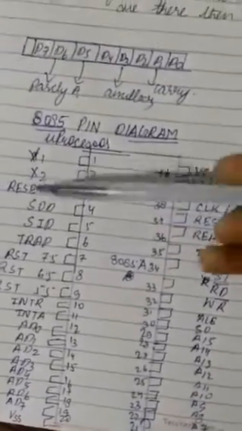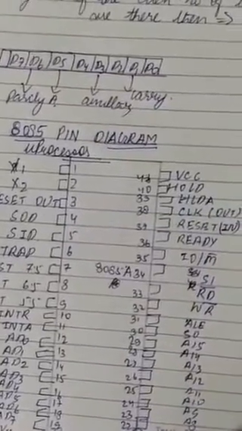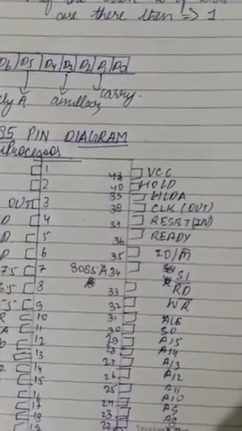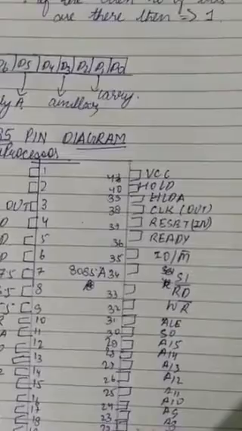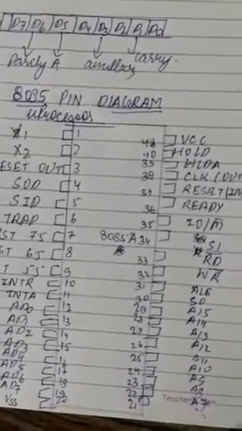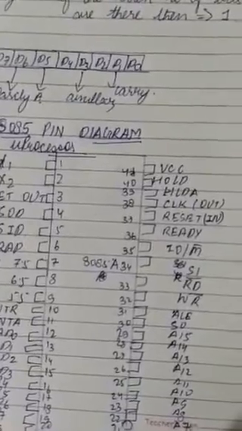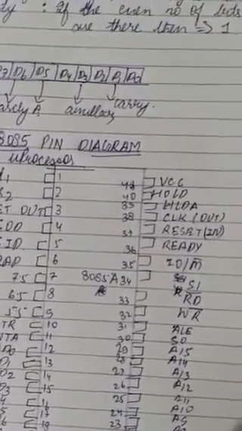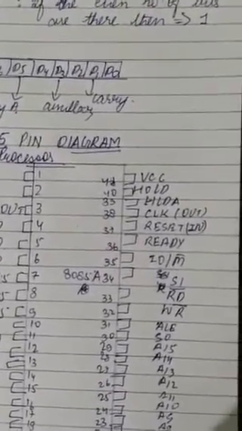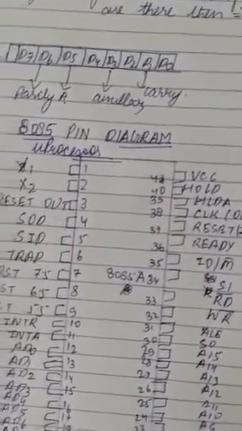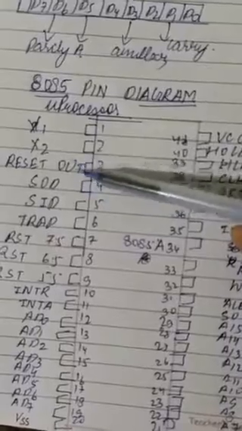So what is the function of RESET OUT over here? Whatever data comes from outside, that is, from the peripheral device, being input by the user to the microprocessor, we can delete it. That is, if we don't want to use that data, we can reset it. That is, we can apply a zero value to it. So that's about RESET OUT.